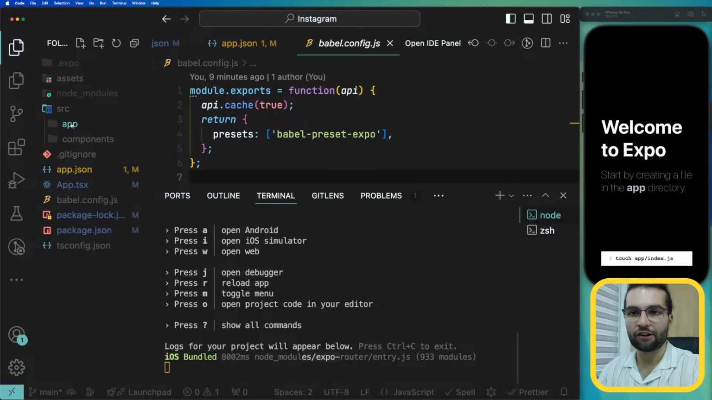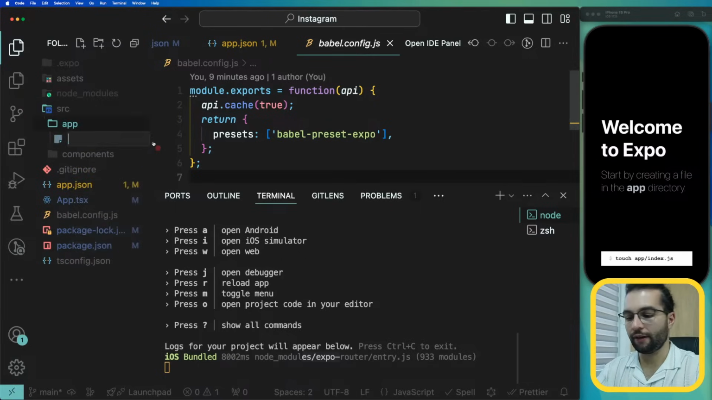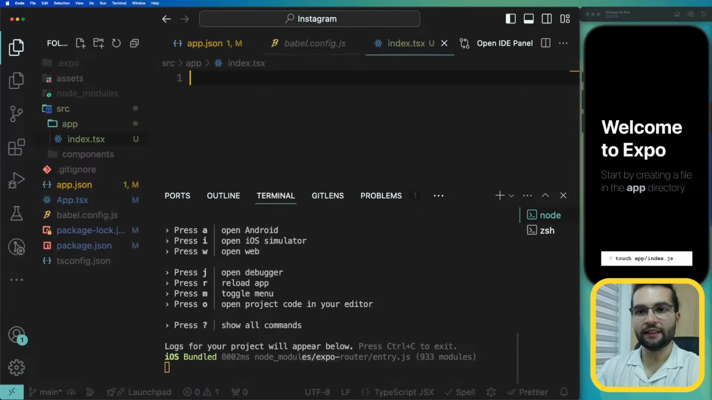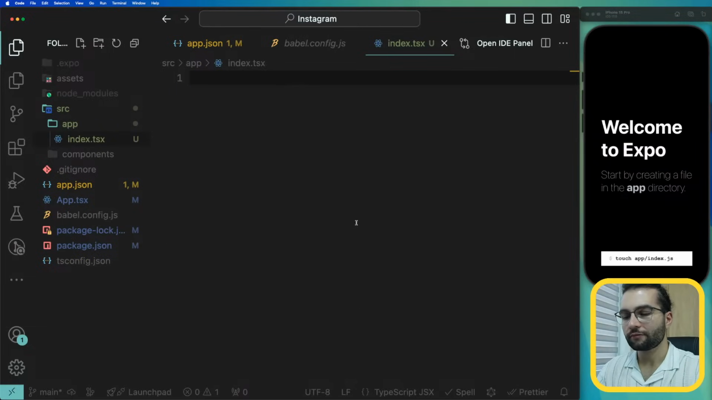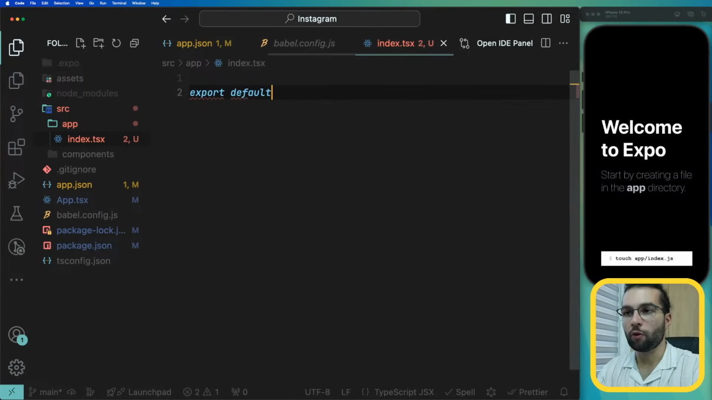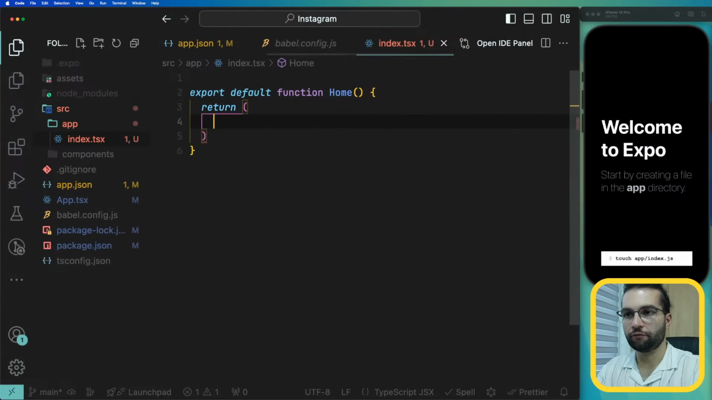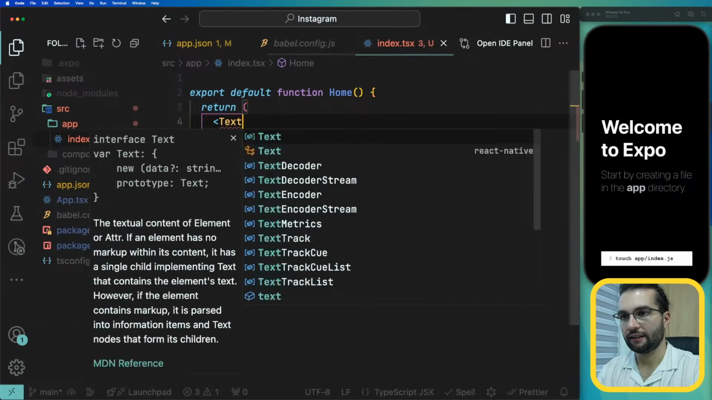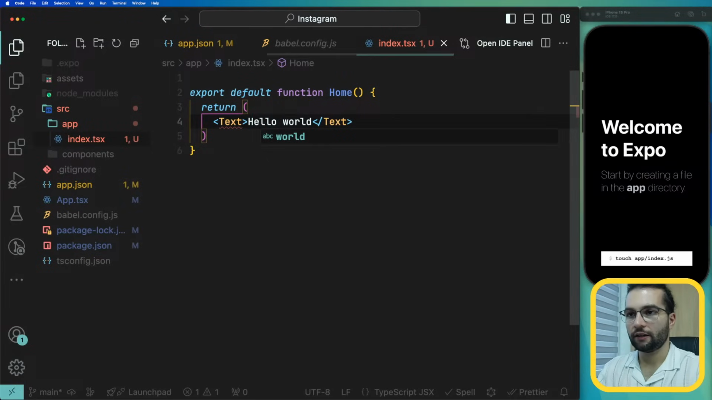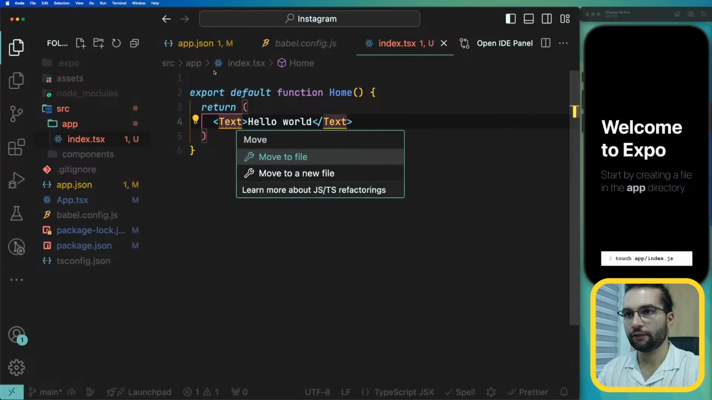Okay, now that we have this app directory, let's simply go ahead and create the index.tsx file. And the index in the app directory becomes the home screen, or the screen with a URL /, the first screen that we render. If we simply export here a component, export default function home, and if we return, for example, a text saying hello world, make sure to import text from React Native,